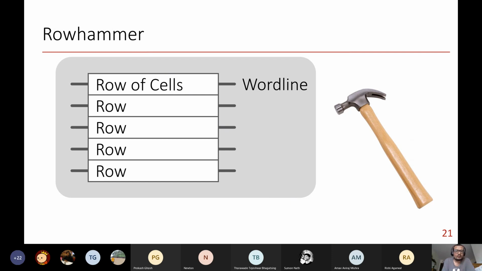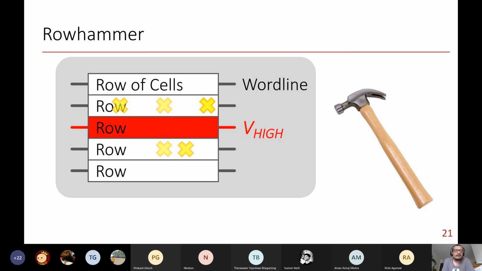So since we know the notion of rows in a DRAM organization, the Rowhammer attack is that you hammer a particular row again and again. The actual technical meaning of hammering is that you access that row again and again, right? So that's what Rowhammer is. And what happens if you access a particular row again and again is that, because of various reasons, the adjacent rows get affected. When I say affected, it means the content switches from 0 to 1 or 1 to 0,